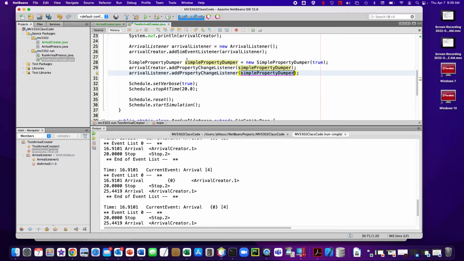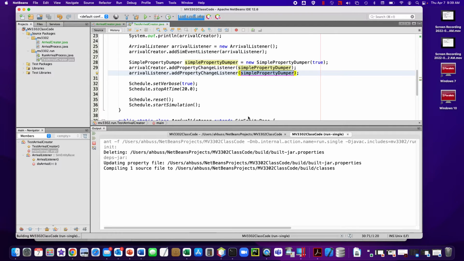Now this will test to make sure that this thing is actually hearing it. And so when I run it,